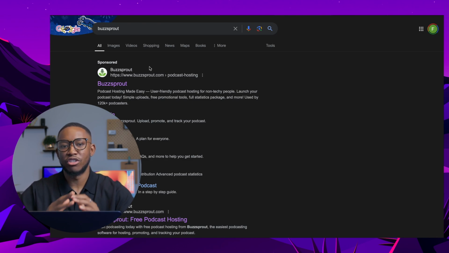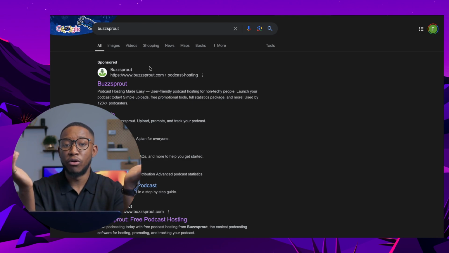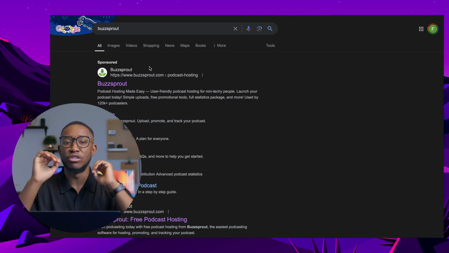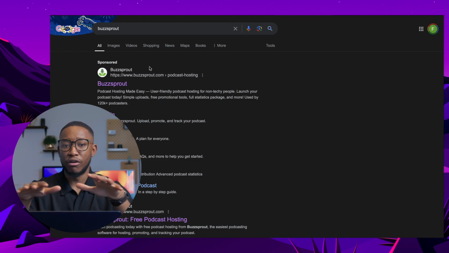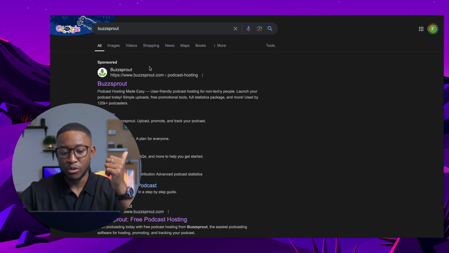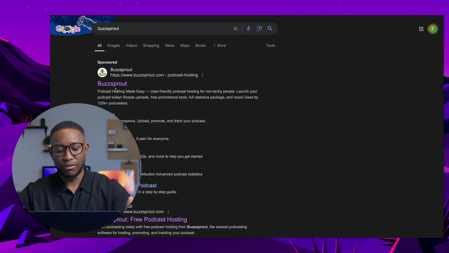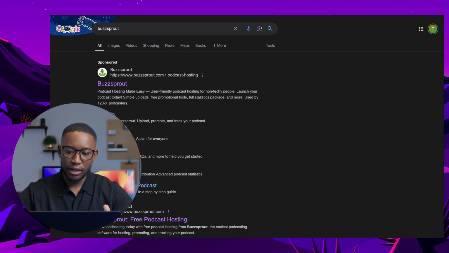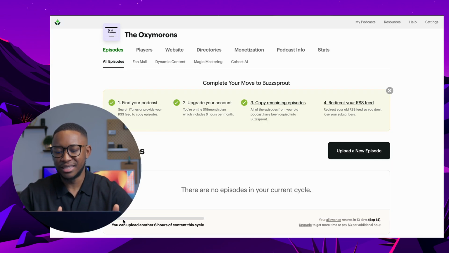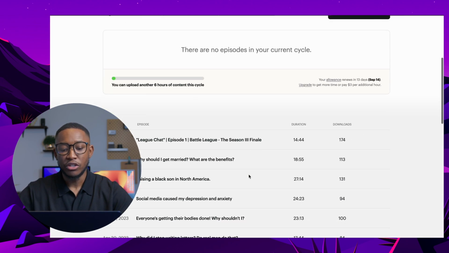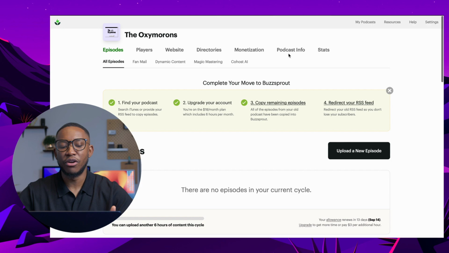The hosting platform is just a big basket that you upload all your content into, and it distributes it to iTunes, Spotify, and everywhere else you want to distribute it to. So you just want to go to Buzzsprout.com is what I would recommend, but there's a lot of different options now. They do have free options, but it's limited, so you might just have to pay for it. Totally up to you. So basically, when you're here, you can just simply create your podcast.